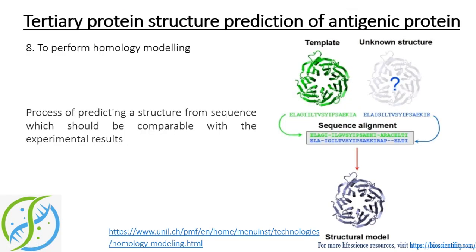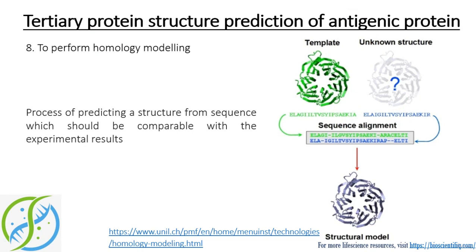Our next step is tertiary structure prediction of the antigenic protein. For that, the next step that we'll be doing is homology modeling. Now, you need to take the protein which is antigenic and has many epitopes for homology modeling. So we have done all these steps to shortlist the protein which is antigenic and has